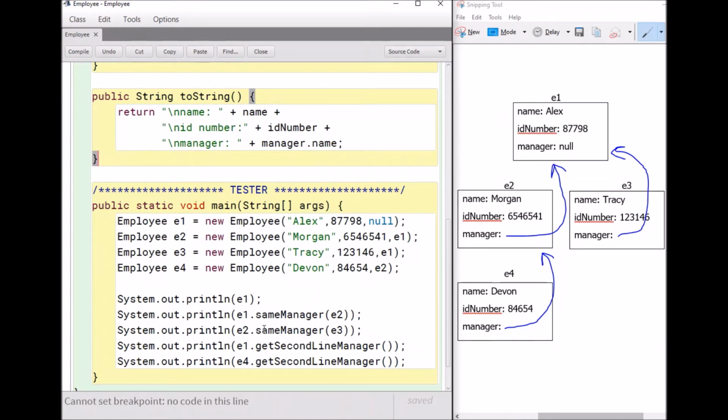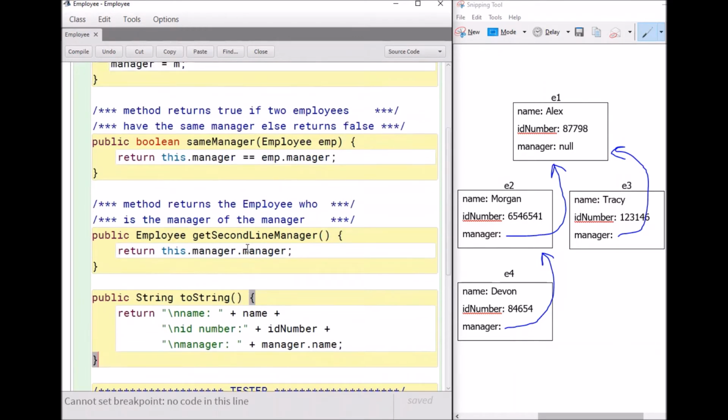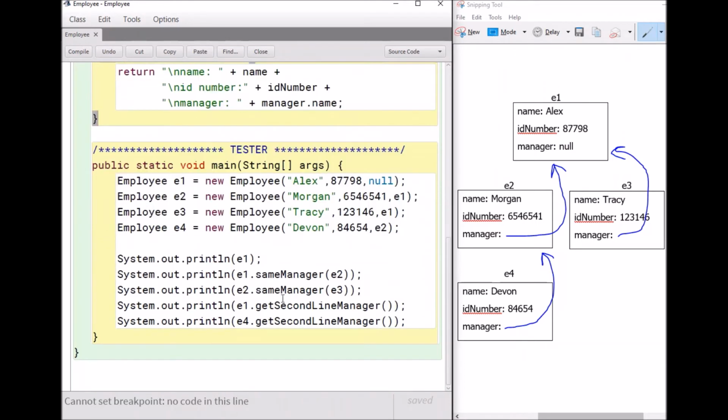Now let's look at the method same manager. So E1 is running the method same manager, and I'm passing in E2. So let's look at same manager. Here is same manager. It's returning a Boolean. Now E1 is running same manager, and it's passing in E2 in our first example. So E2 would be the employee. And I want to know if E1 and E2 have the same manager. You can see by the picture here they're not. Whereas E2 and E3, and I think I run that next, E2 and E3, they do have the same manager,